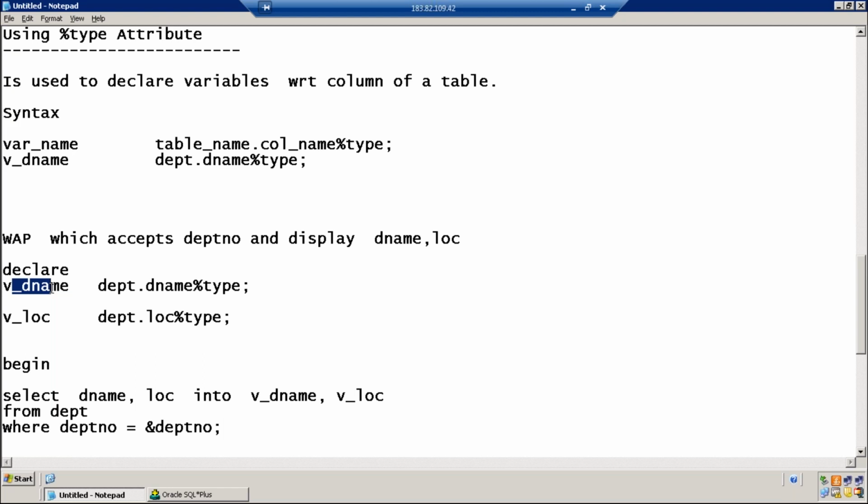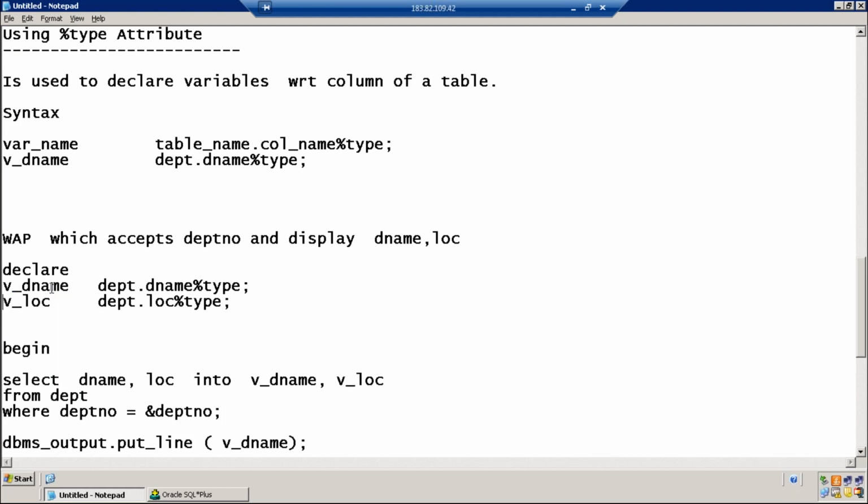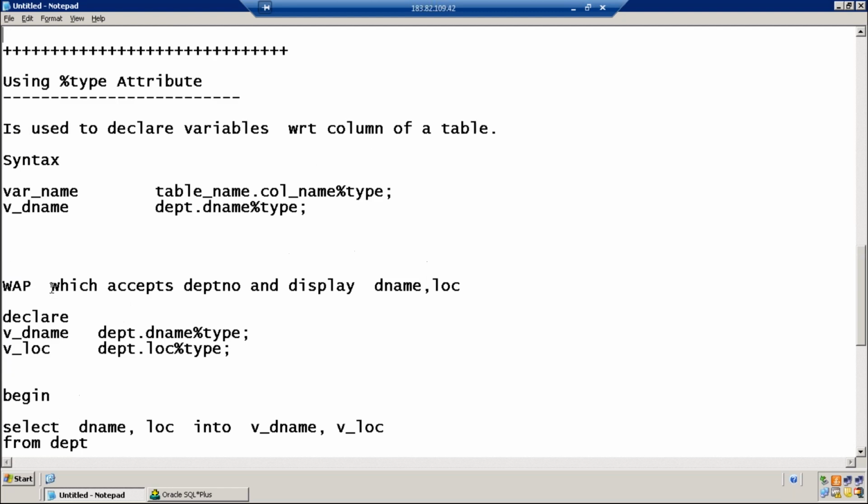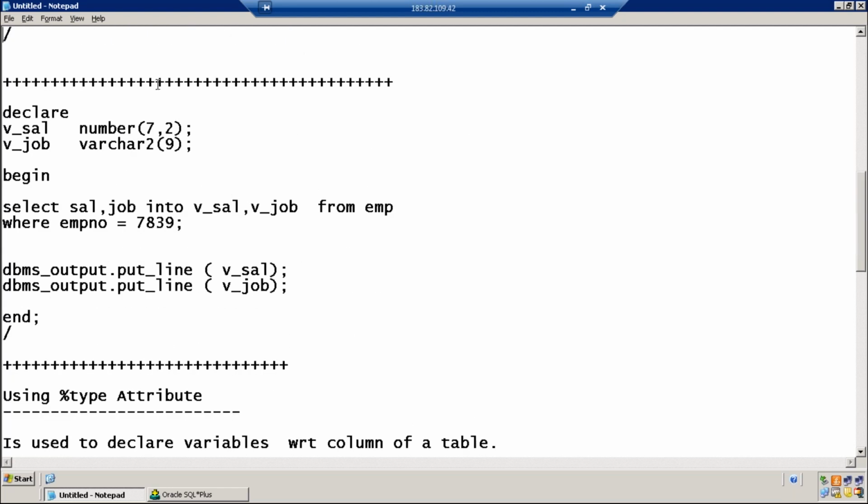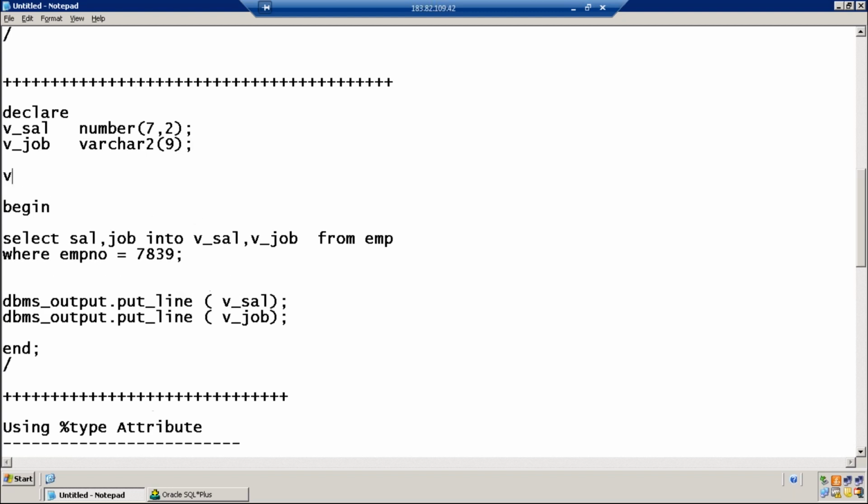Clear? How to write the percentage type attribute? Fine. Jamal? Yes, clear. Okay. Instead of this DPT, can we use a table alias here? No, you should not use that. You should write table name dot column name percentage type. Now, question for Jamal. For v underscore job, how can I use the percentage type attribute?